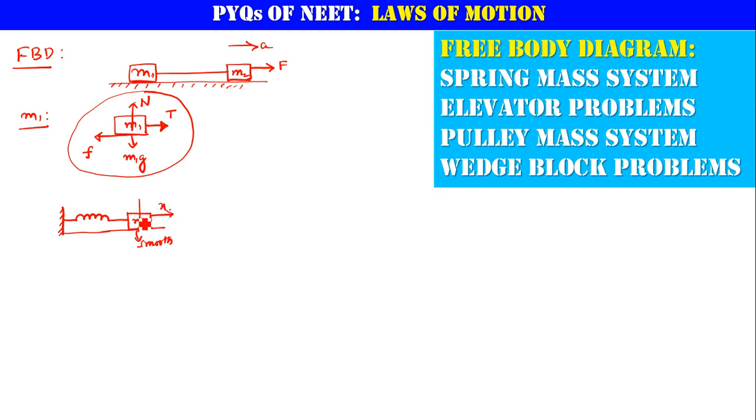However much the displacement is, that much it will try to go back, depending upon its spring constant K. So there will be a restoring force. The restoring force acts away from the direction of the already existing displacement, and it will try to restore its location, so it will be Kx. We can call it F_sp equals minus Kx, and the minus represents that it will always be in the opposite direction to the initial displacement caused by the force.